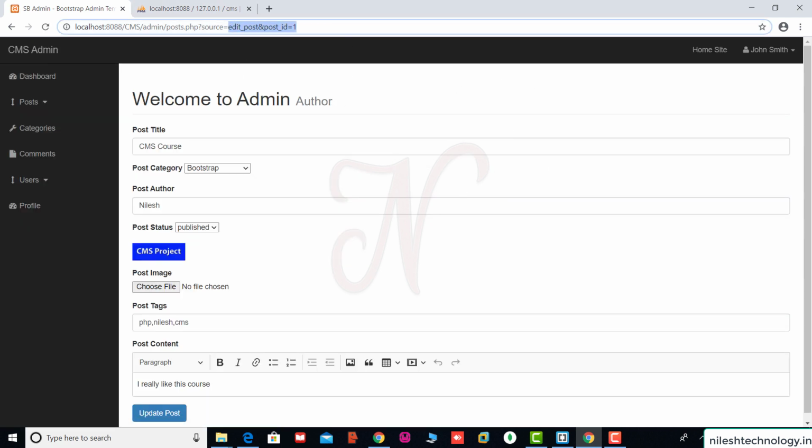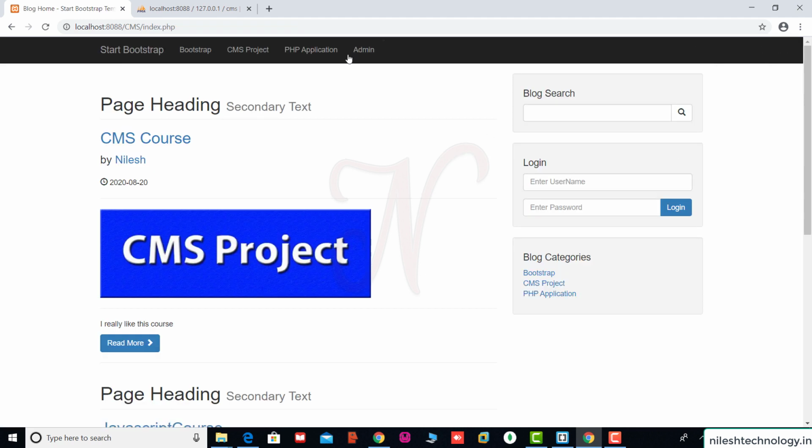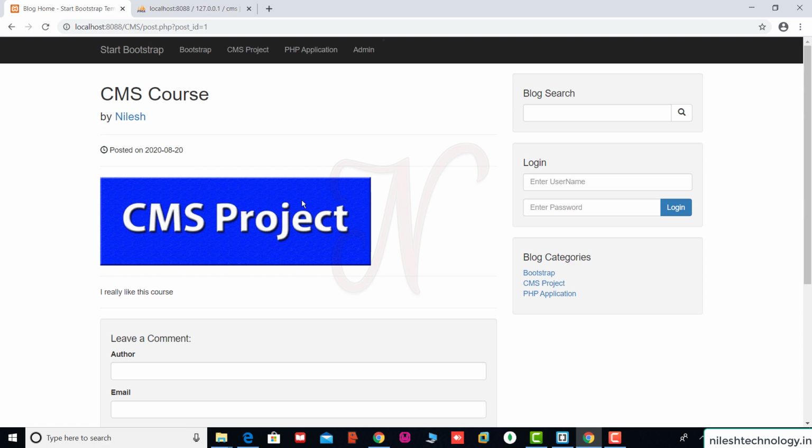Here we are opening a specific post. One more thing is that when you log out the admin user, then see there is no edit post link. Okay, so when you click on this specific post, then see post id equal to 1, but you are not logged in, so there is no edit post link here.